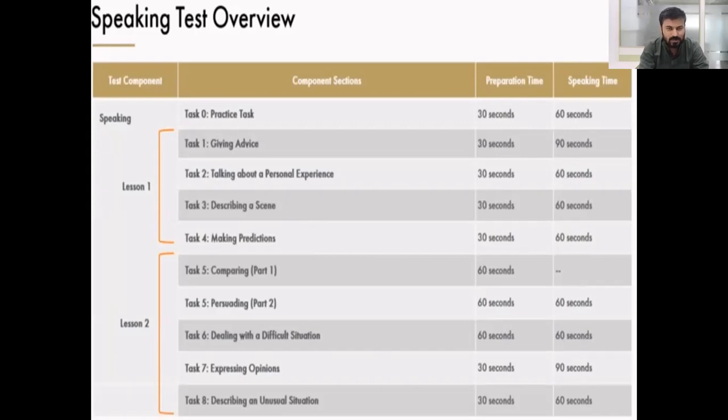Beginning with the first task explanation, it is called giving advice. The candidates might come across any kind of topic, but they would be required to give advice, and for that they have a preparation time of 30 seconds and a response time of 90 seconds. So the candidate has to be prepared enough that no matter whatever question they come across, whatever situation they are asked to give advice upon, they must be prepared whether or not they have ever given advice on that particular topic. So that was task one.